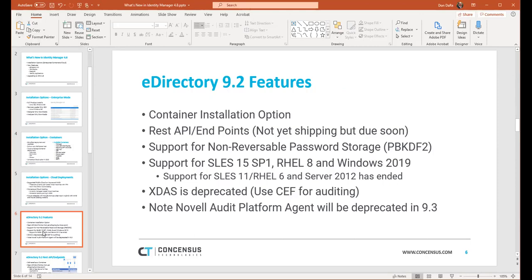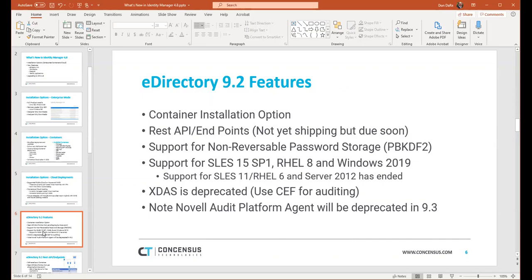That we're going to be able to expose that, and I've got some screenshots that I'll talk about in the next slide. One of the other new things that they added to eDirectory is support for non-reversible password storage. I wanted to mention this here, but that's not something that we're going to be able to do with Identity Manager for synchronizing passwords. We cannot have the password in a non-reversible hash if we're going to synchronize passwords to our other systems. So right now, everything's stored encrypted, but Identity Manager in the universal password, Identity Manager able to